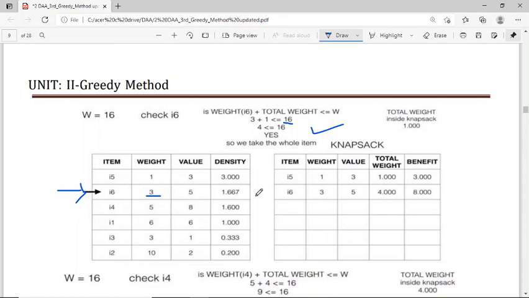So this item also we are adding here. What is our total weight now? Total weight: 16 minus 4 equals 12. 12 is remaining. Now the same procedure is applied to the next one,